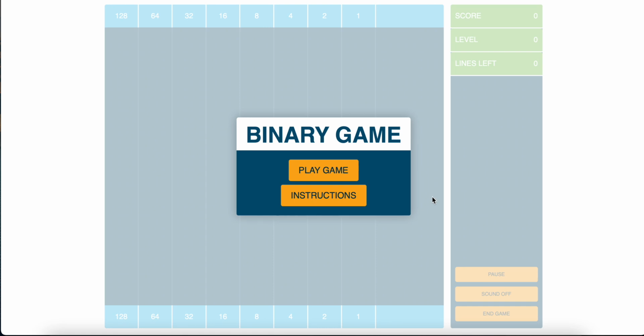So this is the binary game. Back when I taught Cisco, one of the most difficult things that students had to deal with was the ability to convert regular numbers into binary. The reason that is so key is because it allows them to convert into binary so that they can understand where networks lie, and it also allows them to convert into hexadecimal,